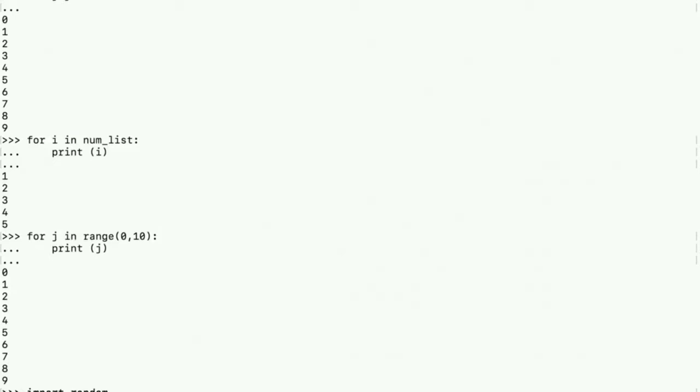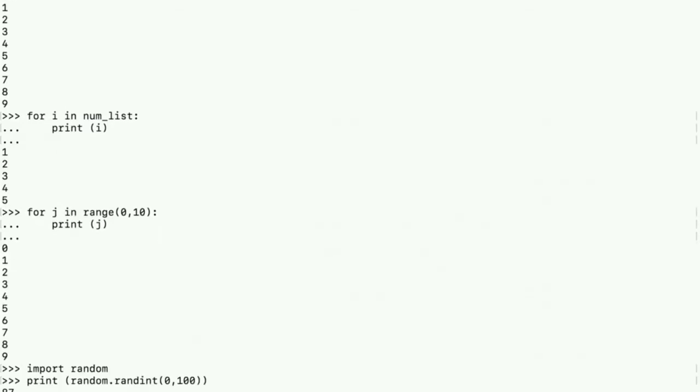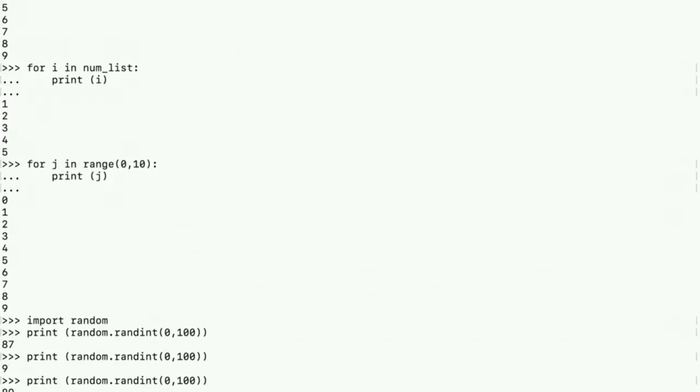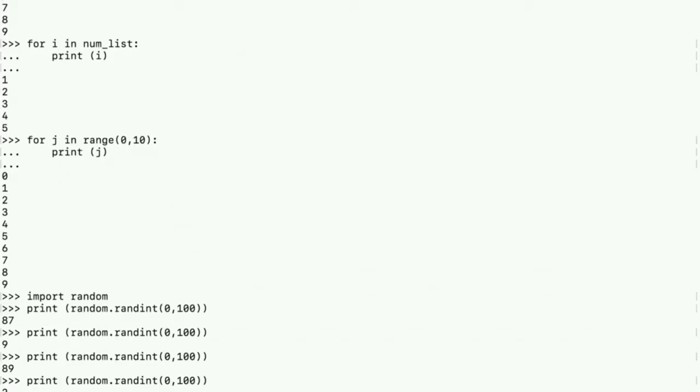For example, if I say 0, 100, I need to do print random.randint of 0, 100. It's going to print a random number in the range 0 to 99. So we got 87. If I say print random.randint again, it's going to give me 9. We'll do it again. It gave 89.